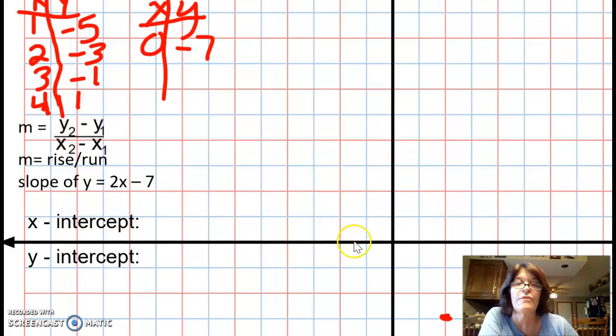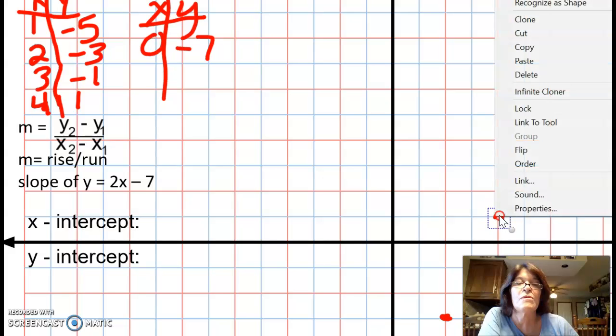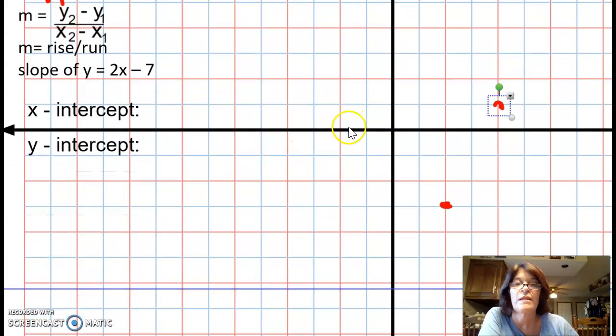Okay, maybe we're at 4, 1. Maybe we're at 0, -7. Let's see, 0, 1, 2, 3, 4, 5, 6. There's 0, -7. Okay, there's lots of possibilities, and what happens is